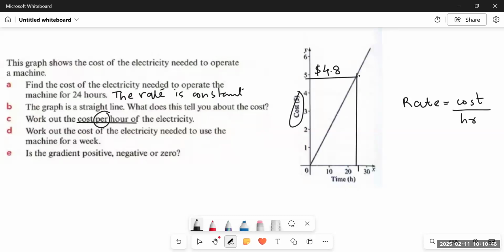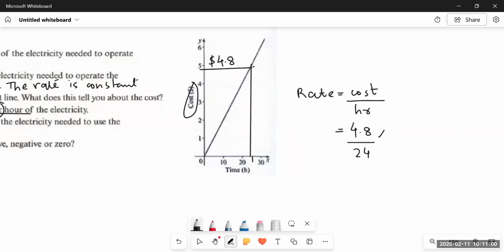So which cost are we going to take? We will take the cost, that is $4.8, and how many hours? In 24 hours. So what are we going to do? We will simply divide it by 24. Since there is a decimal, we will multiply both by 10. It will become 48 upon 240. Then we will simplify it with 12. 12 fours are 48. 12 twos are 24 and 0. 4 ones are 4. 4 fives are 20. It means the rate would be 1 upon 5.